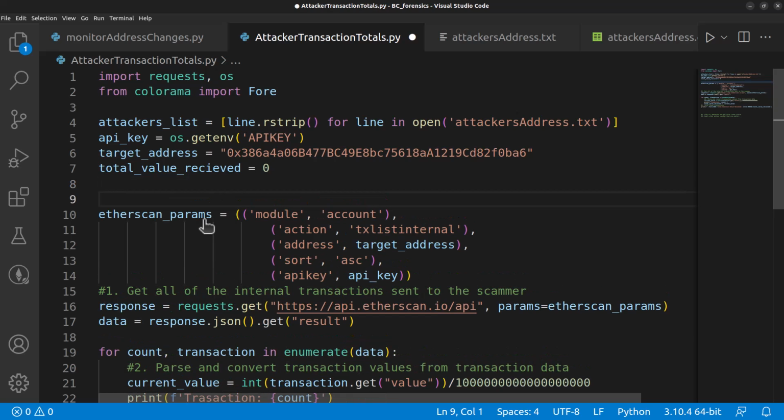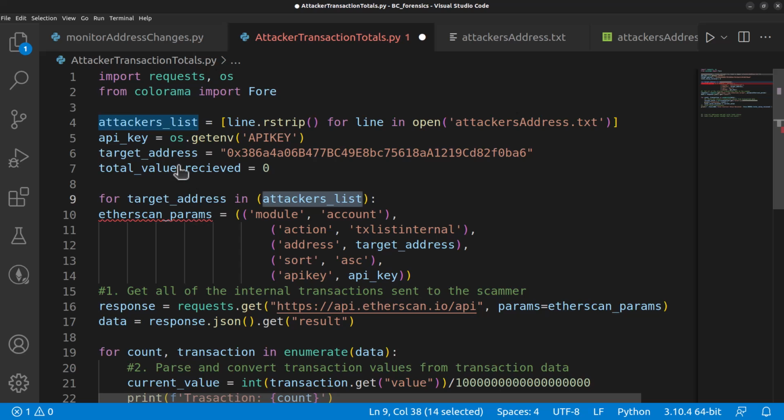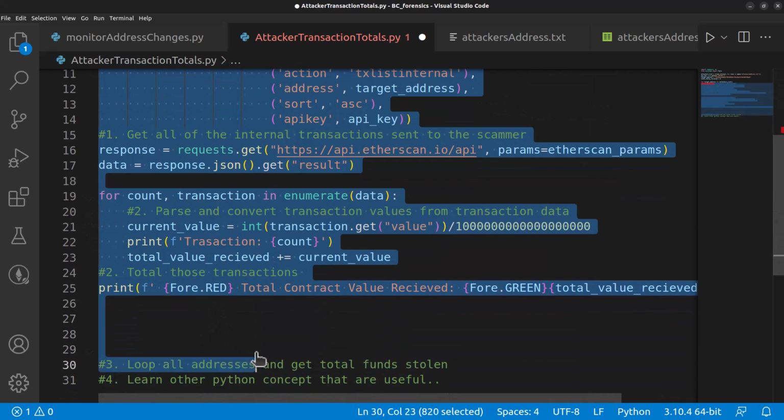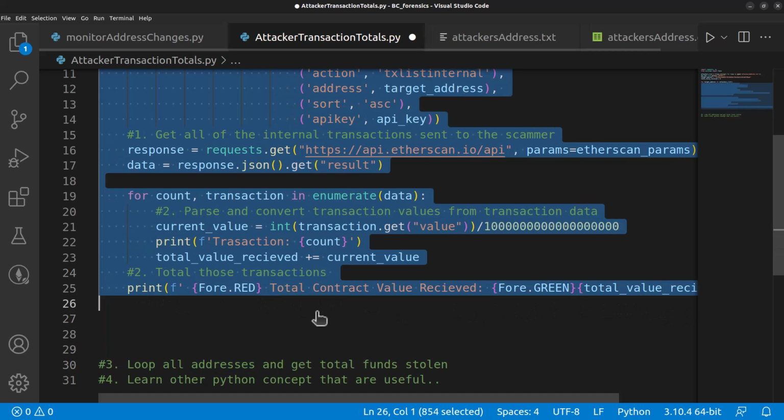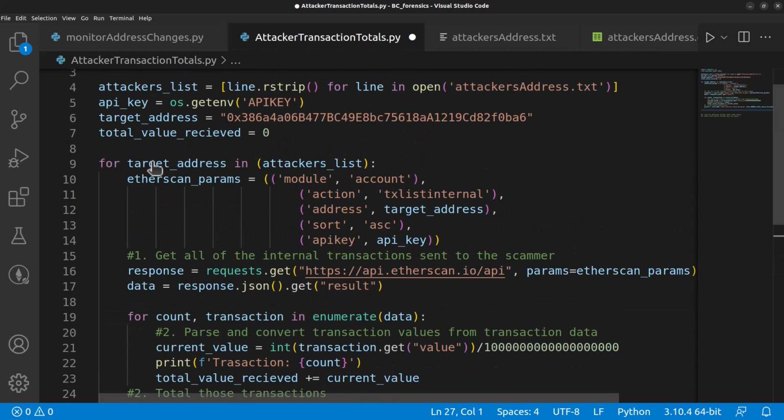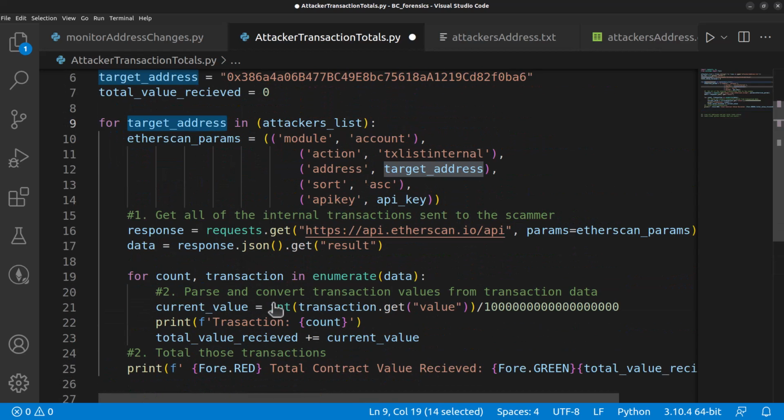So we'll say for target address in attacker's list. So that just enumerates each of the addresses from the attacker's list, and then we can do something in there. So what we'll need to do is take all of these values and tab them in. And then now what happens is for each attacker's address, we're going to loop through each transaction and print out